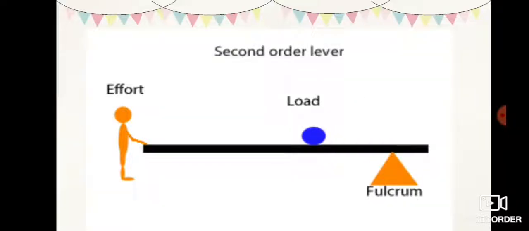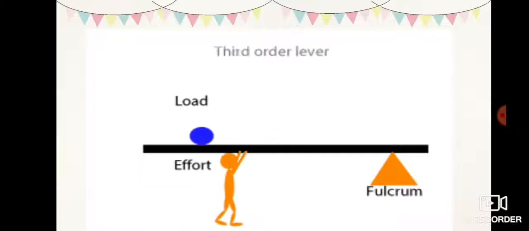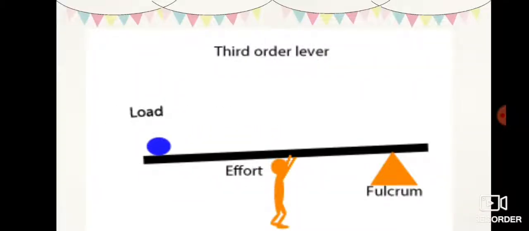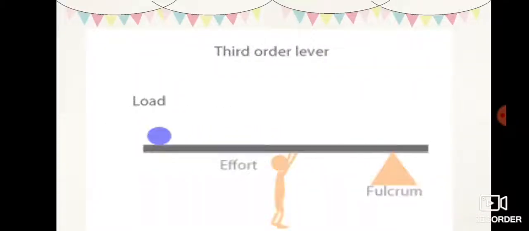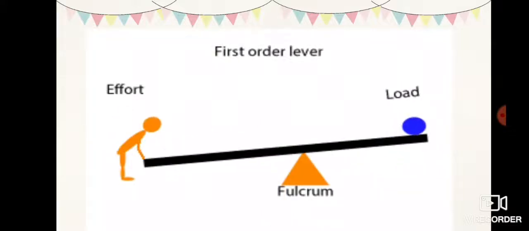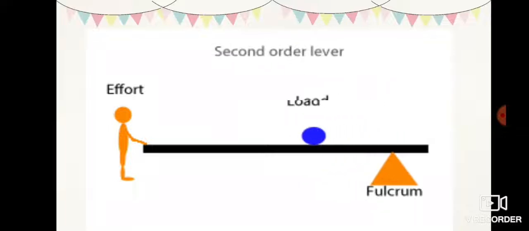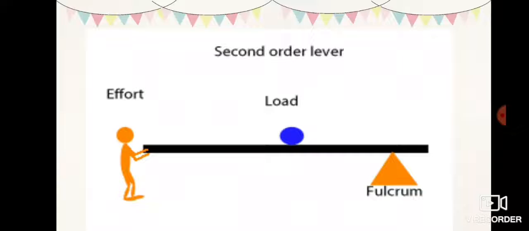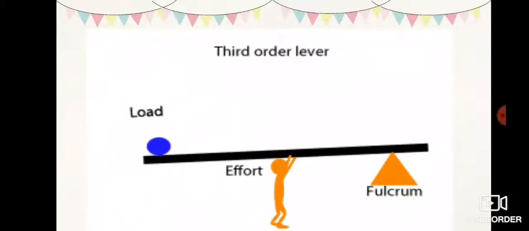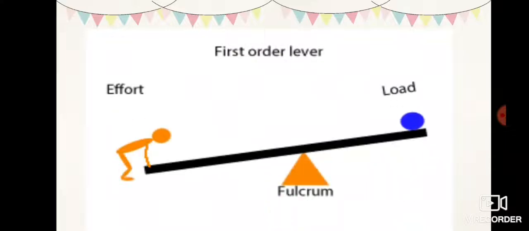Now with the help of this GIF you will understand all the first class, second class and third class lever. When you apply a force, what happens? In first order you are applying a force, then see the load, the fulcrum goes that side, and in second class the load is in between, you see the effort, and in the third order you see the effort is in between.